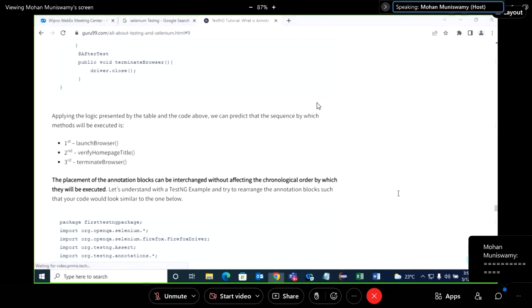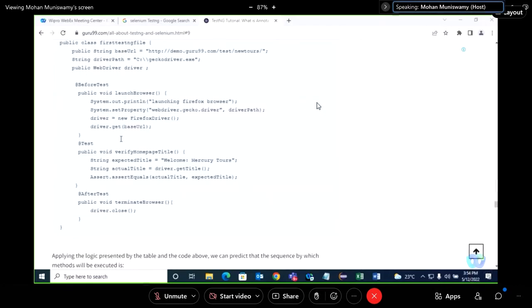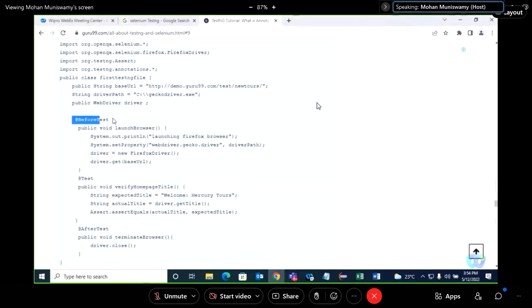Task 1. These are making you do TestNG properly. So first, you need to launch the browser. For launching the browser, you will use @Before. Why am I using @Before and all, you know. If you don't know, you can go to